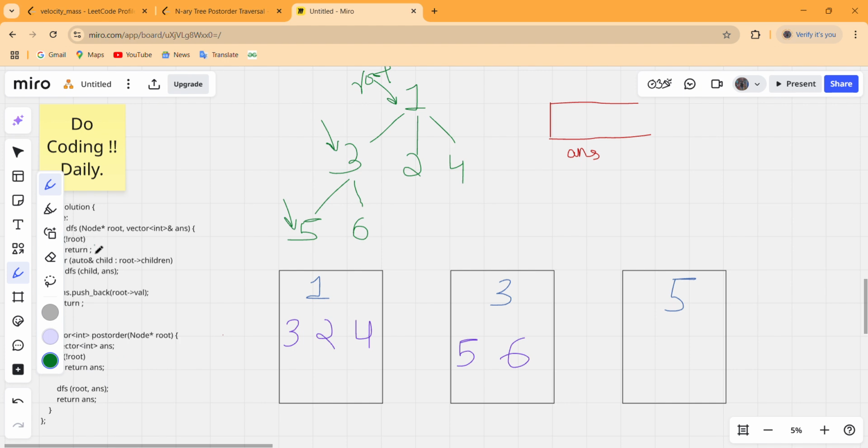We will first check whether the root is empty or not, and we can see that the root is not empty, it has some value. So we will now try to move on its children first, and moving on the children of this 5, we see that there are no children for this 5.